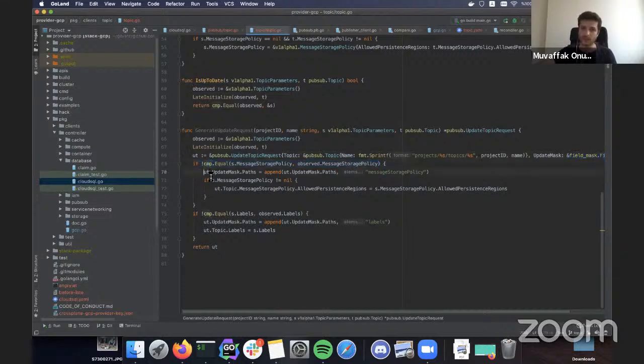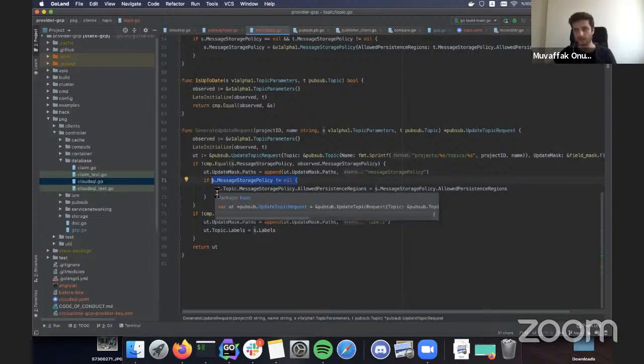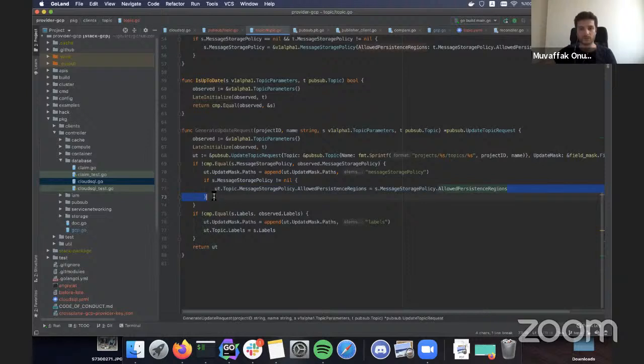If it is, then add it to the update mask paths. And if it's not nil, because it can be updated to nil actually, we will fill the topic object as well. And if labels are not equal, then add the labels to the paths and update the labels here. Cool, so this will return us an update topic request.